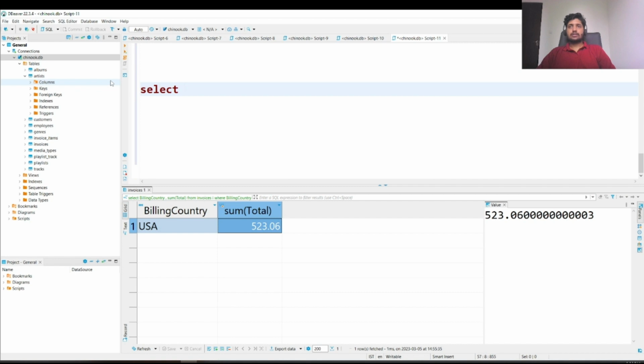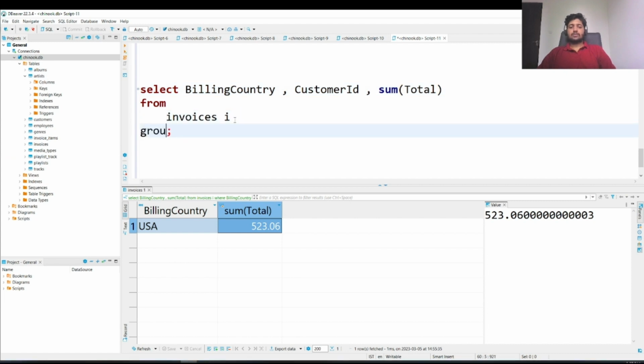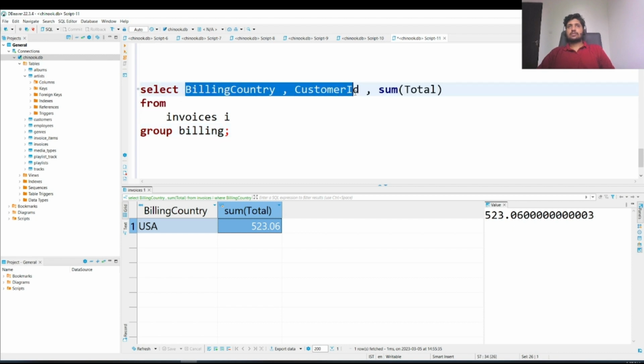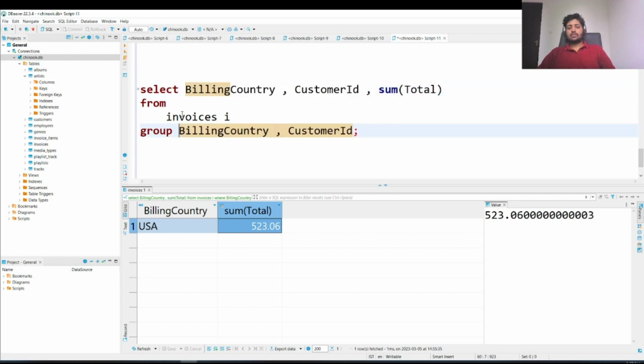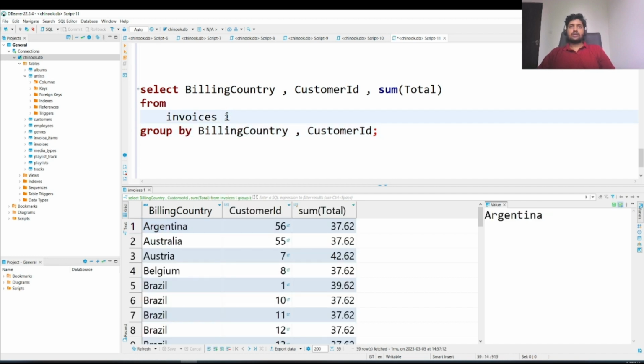So we can select from this table, select billing country, customer ID, sum total for each customer. So we have to group by these columns as well. Group by here. Okay, now if we execute this, we get the